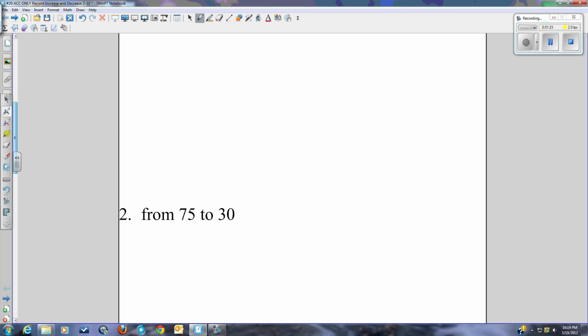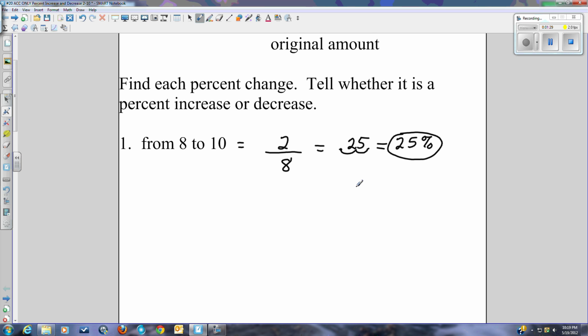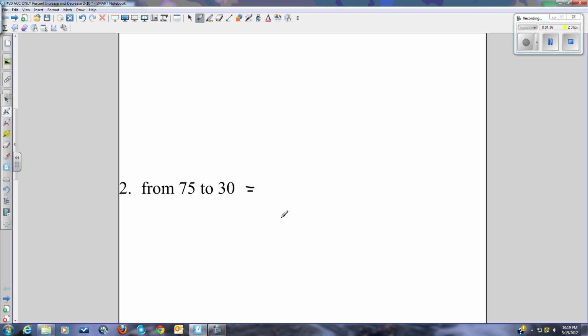So let's do the next one. From 75 to 30. Oh, and we forgot to say in the last problem, was that a percent increase or decrease? Well, if it went from $8 to $10, that's a percent increase. Now let's say something drops, say from $75 to $30. Okay, so what is the amount of the decrease? Well, that would be 45 divided by your original amount. Well, we started at 75, so we're going to say 45 divided by 75,